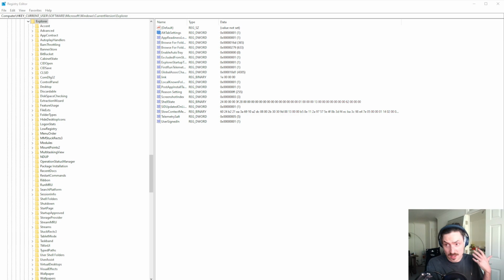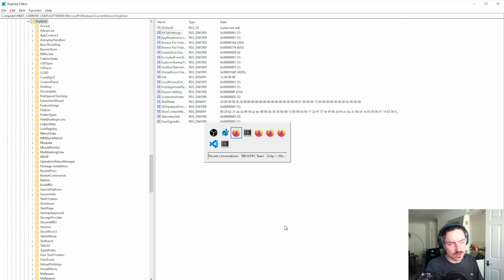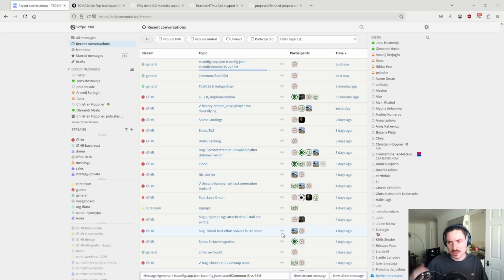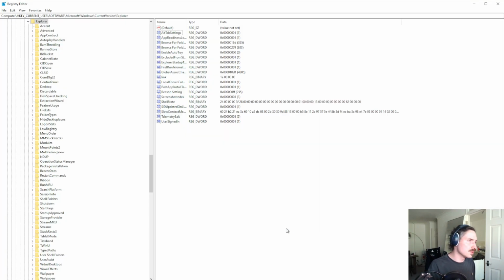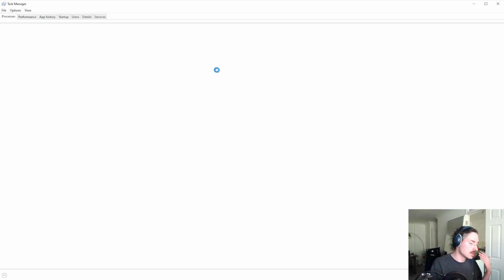First things first, we stream, we go live, we record our screens. We don't want the previews to leak our secrets. To avoid that, on Windows, you can go to Computer HQ Current, Software Microsoft Windows Current Version Explorer, then create a dword value, call it Alt-Tab Settings, and put 1 into it, and then restart your Explorer by pressing